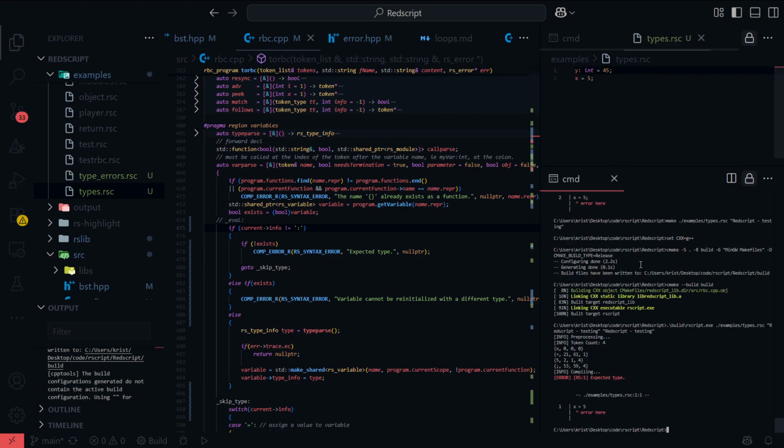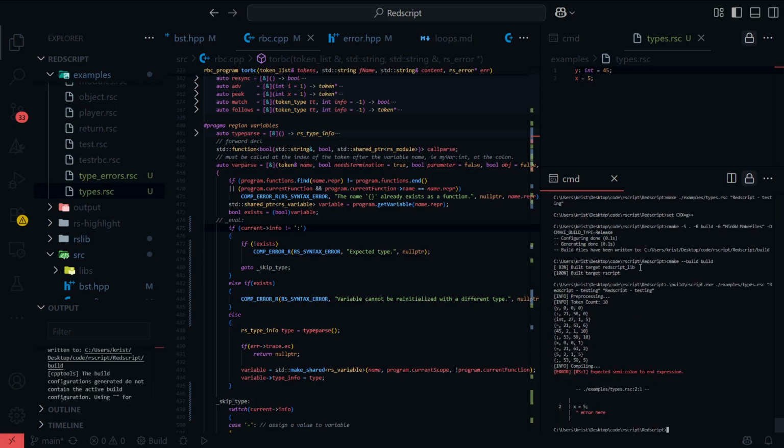Yeah, expected type, but now there's that above it. Expected semicolon to end expression. Great.